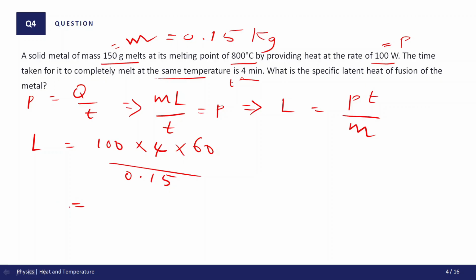That equal to multiplied, 400 into 60, 24,000 divided by 0.15. Okay, here I will write therefore L equal to 24,000 divided by 0.15. You will get here